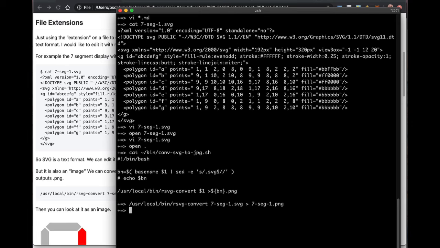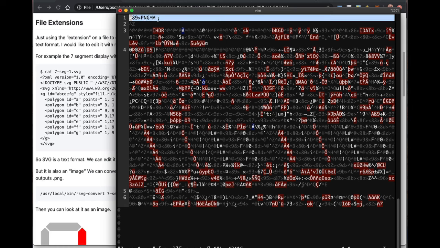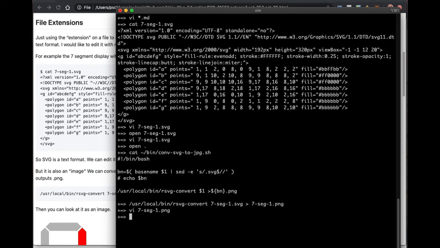Now, if I edit this new file that I've created, you're going to see something. I'll use the VI editor. I don't recommend you use Notepad++ for this, because it will probably hurl and make it die. Okay? Oh, it's a binary file. It says 89 PNG at the top. Does everyone see that 89 PNG? PNG is an image format, which means if I do